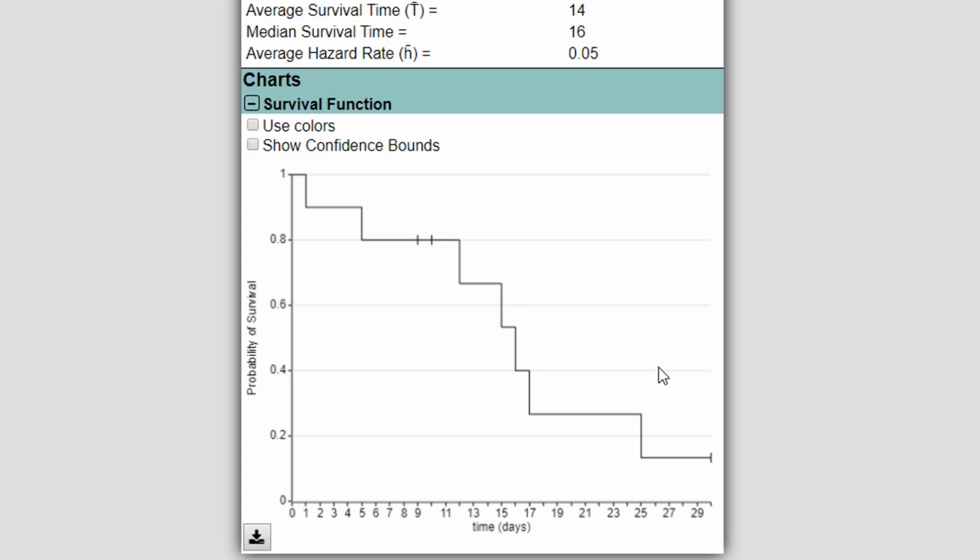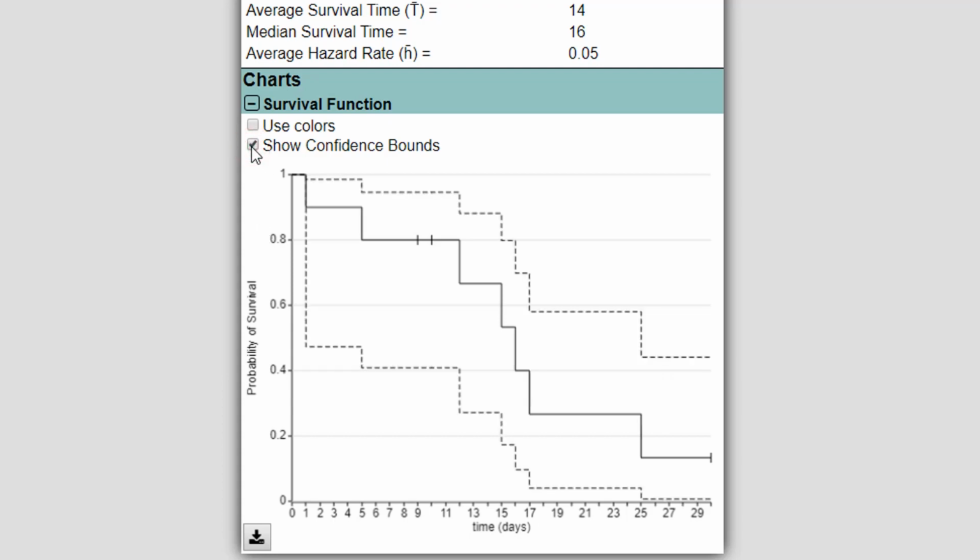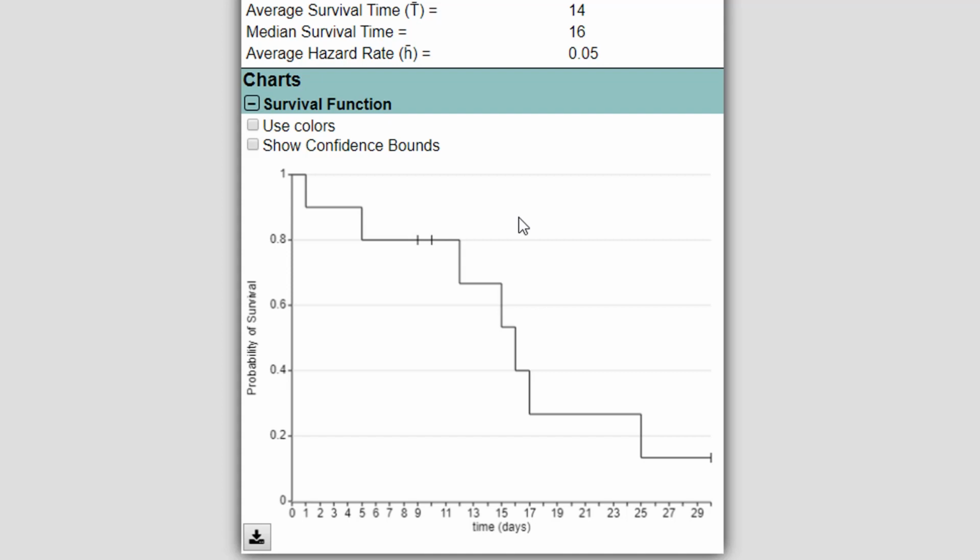The survival function lets you show confidence bounds. These are 95% confidence bounds, and they're approximate. They're using a formulation, I think Greenwood's formulation, but it may not be super useful. Now, things get a little more interesting when we have two